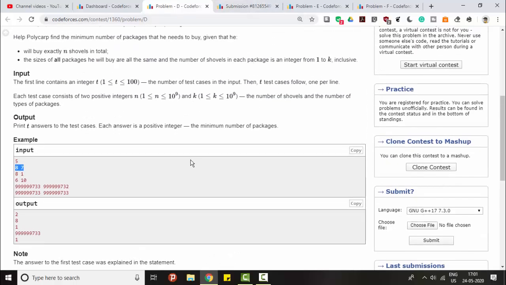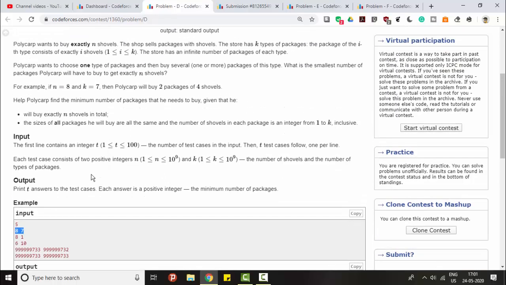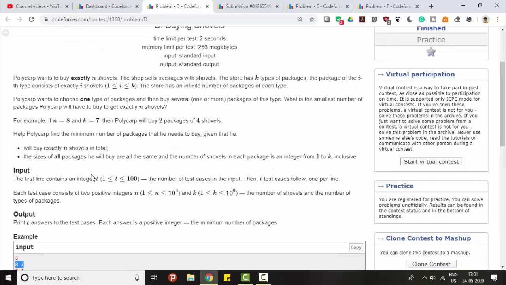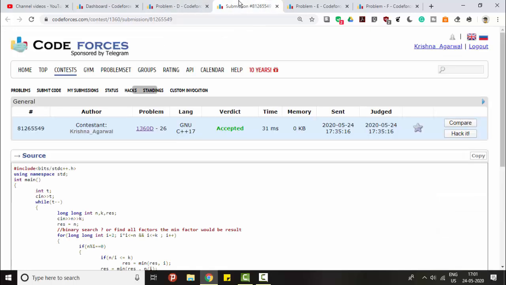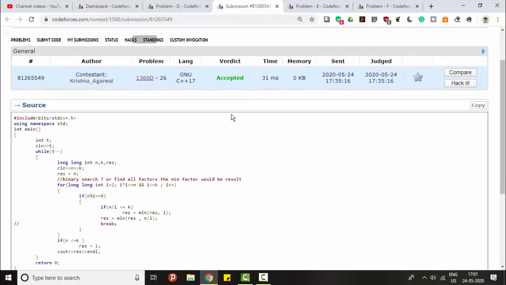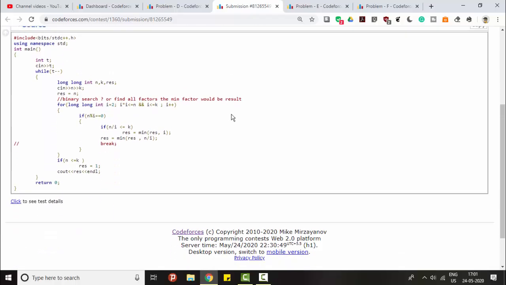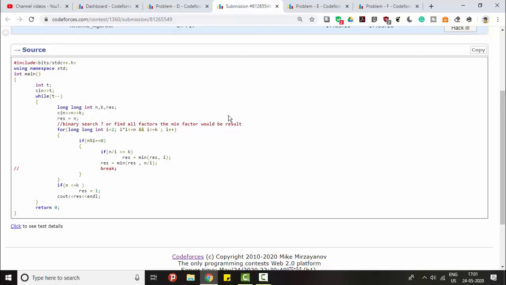So we have to iterate over the values of i from 1 to k and find which one is best suited. So how we are going to do that, I'll explain in this solution. So again, a fairly simple problem, and this is just a thought process, don't mind.